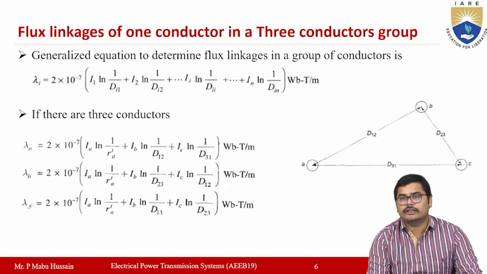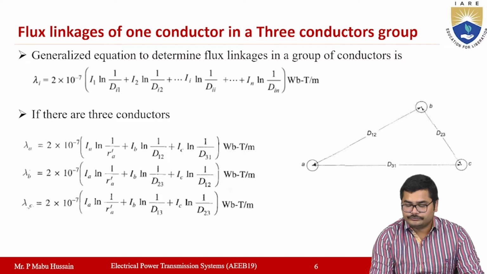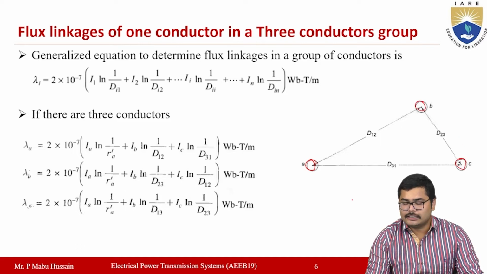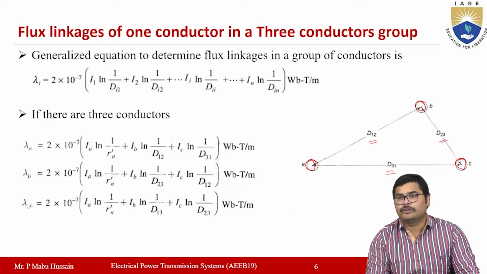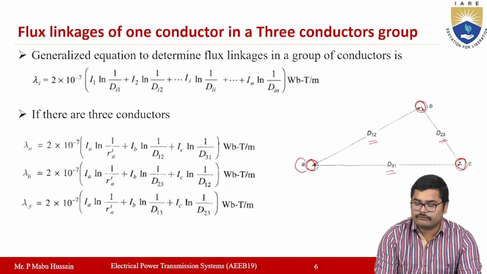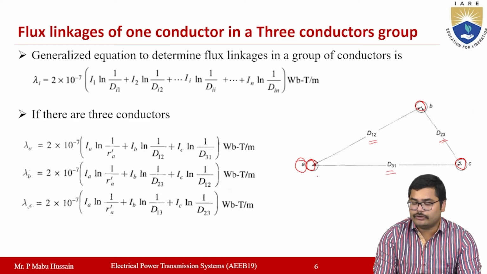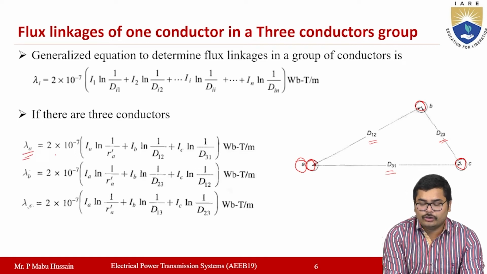Okay, so the flux linkage of one conductor in a group of three conductors, here it is like a three phase system, right? So let us take the three conductors as A, B, C here. The distance between A and B is represented with D12, the distance between A and C is represented as D31, and the distance between B and C is represented with D23 here. Okay, so now you are going to write the flux linkage of the first conductor A due to current flowing in all three conductors. Okay. Then the flux linkage of the first conductor A, lambda A, will be equal to 2 into 10 power minus